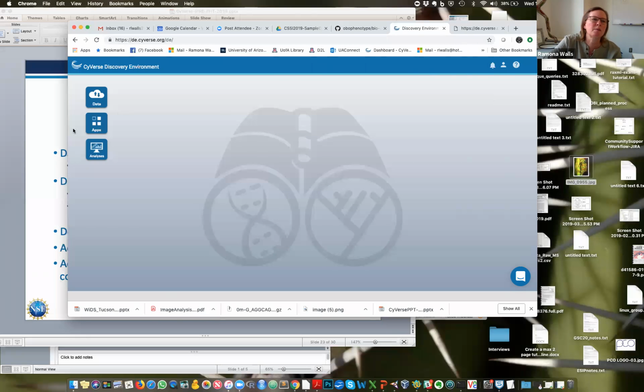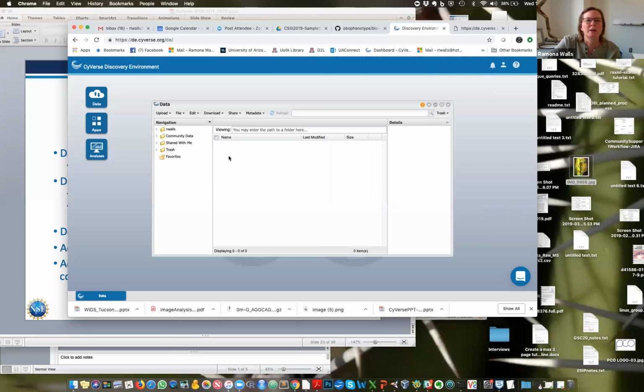And then you will see that we've got 3 different panes. We've got a data window, an apps window, and an analyses window. I'm going to be really focusing today on the data window. Apps is where you can launch applications to do analyses, and analyses is where you will see the results and all of the provenance history of your analyses is stored. But today we're going to focus on data, so I'll click on the data window, and it'll take you here,